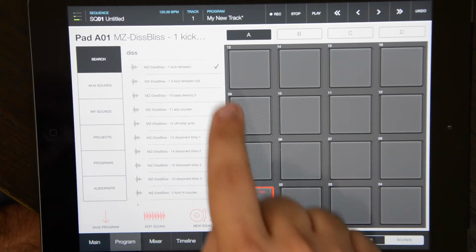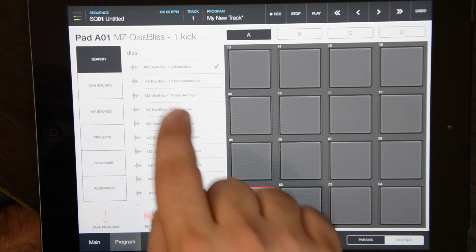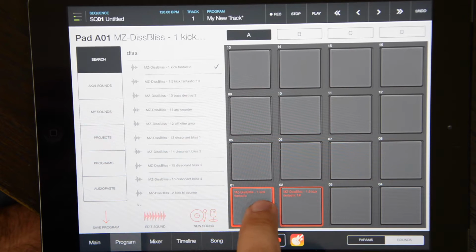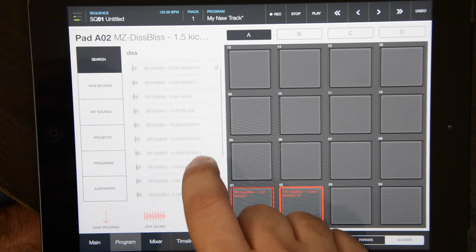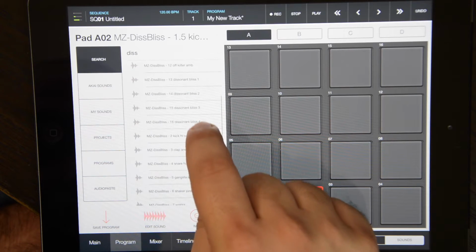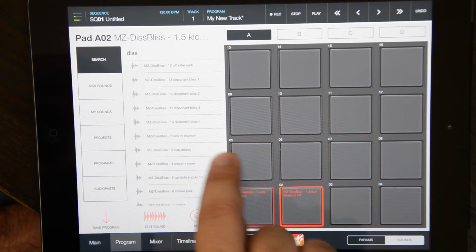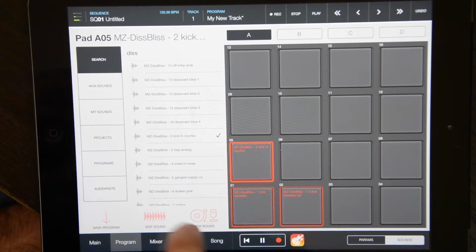Very good. Now this sound pack apparently comes with an alternate kick. I'll put that right here. Interesting. All right, I'm going to look for a snare. Kick high counter. Huh, a high counter. That's cool. So there's like 3 kicks in this pack. Interesting. There's a snare right there.